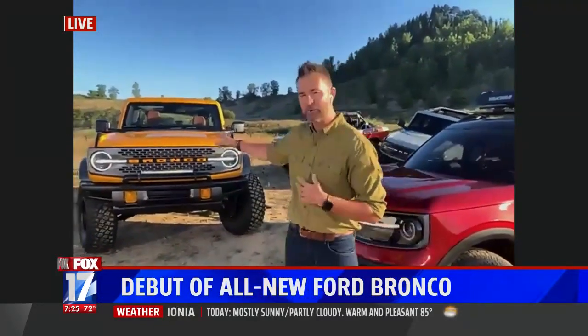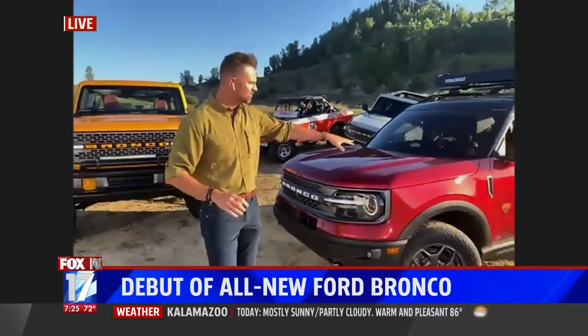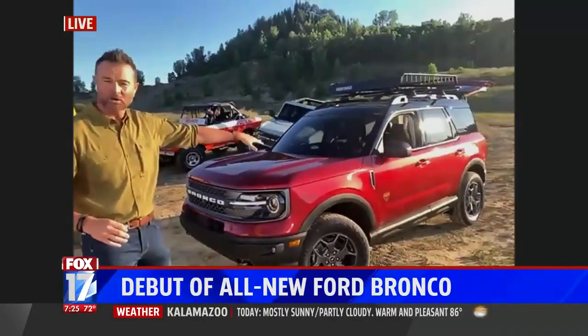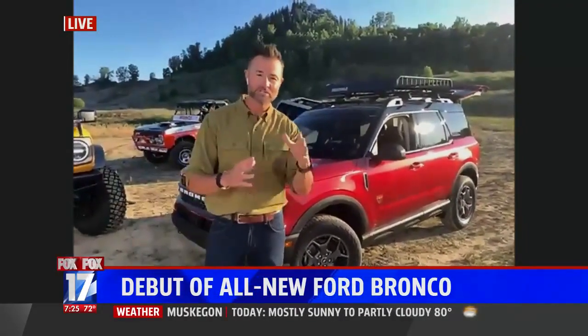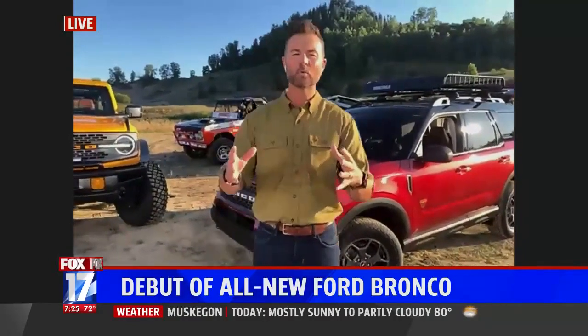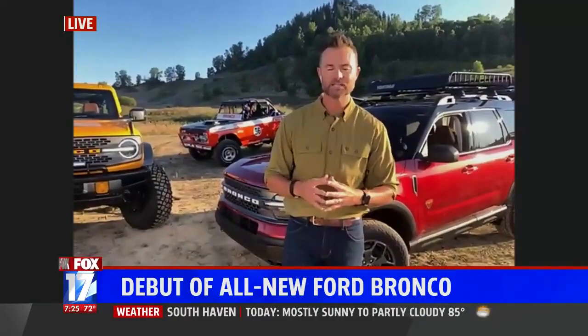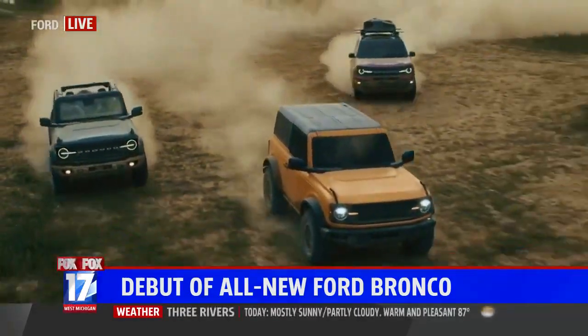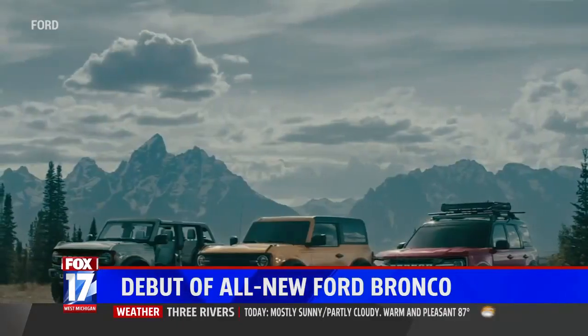So this one over my shoulder right here, this is the two-door Bronco. And then you've got this right here, which is called the Bronco Sport. So this is a smaller four-door version. But then over my shoulder, and you'll see this in the video, it's the four-door Bronco, and this is a beautiful vehicle. Here's what makes it really unique: all of the pieces on it are aluminum, so they're incredibly lightweight. You'll be able to take the roof off, you'll be able to take the doors off, and then